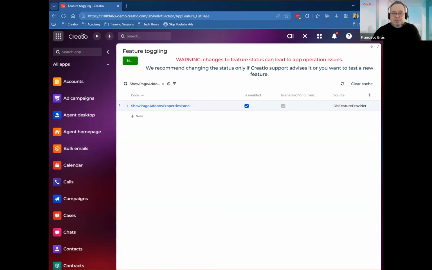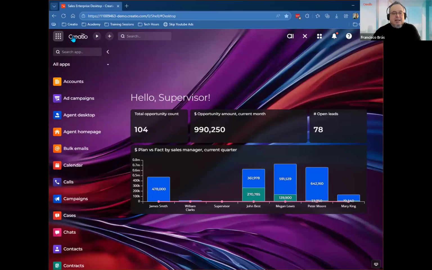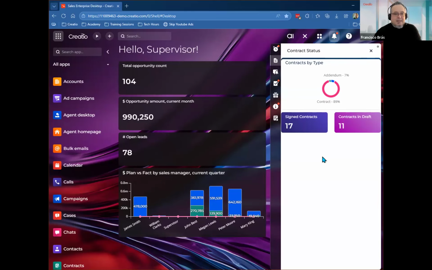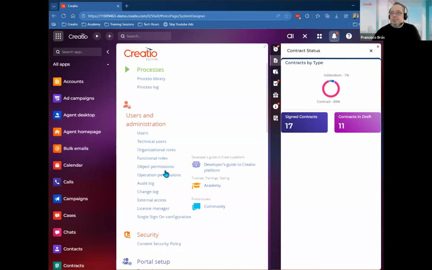As an example, if you would want to have a sidebar page to display which type of contracts you currently have, or how many are in draft status, or how many have been signed, as in the example that I have here, it would make sense to create this from within the Order and Contract Management app that you will find in your application hub. So if I go to my application hub